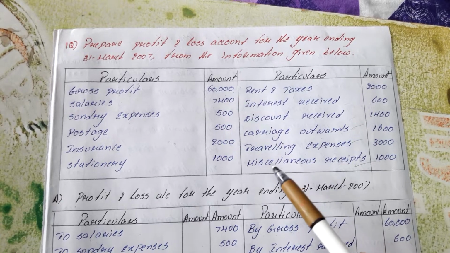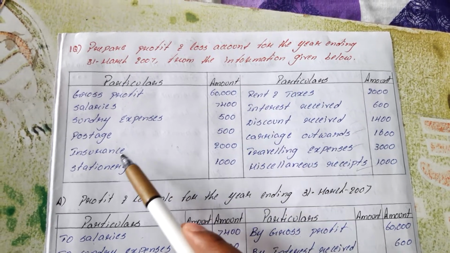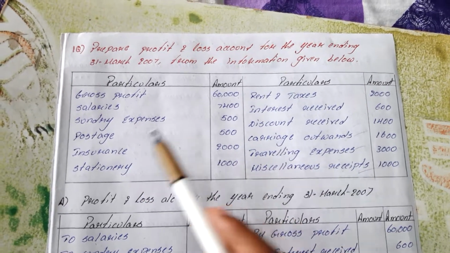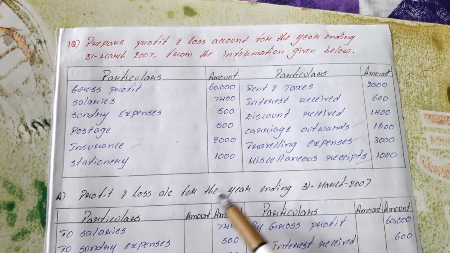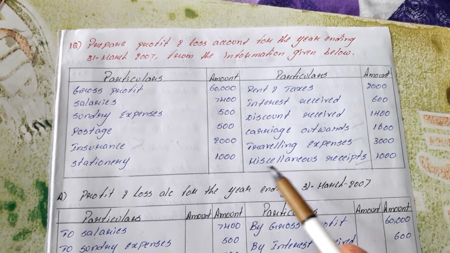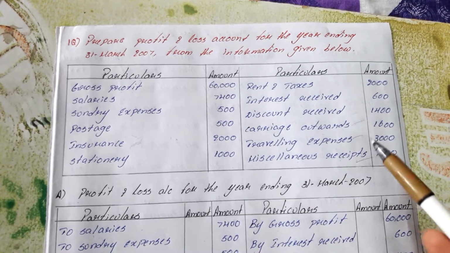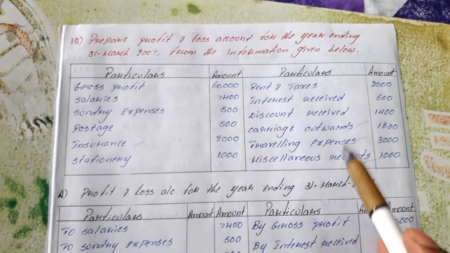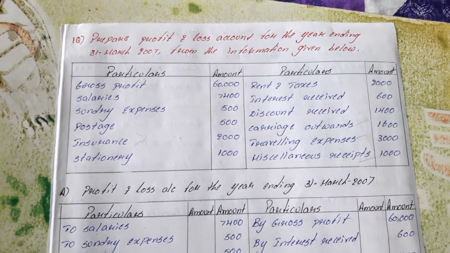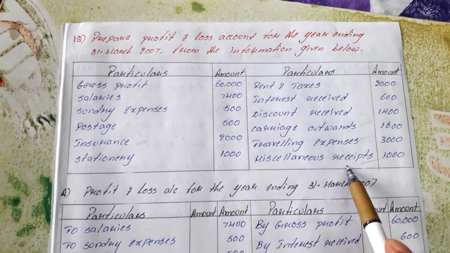In the format there is no miscellaneous receipt, there is no insurance, but they are also called profit and loss items because insurance premium we will pay. That is all related to the office expenditure, administrative expenditure. Miscellaneous receipts are certain incomes we got. All the small incomes that I have got, all together I have called it miscellaneous receipts.